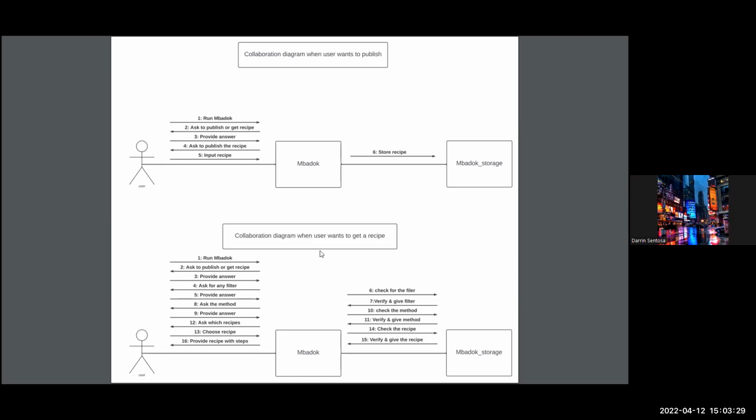After that, the user will input the recipe, and then the Batok app will store the recipe to the Batok storage. And this second one is the collaboration diagram when the user wants to get a recipe. The first one is the user runs Batok, and then Batok will ask to publish or get recipe,